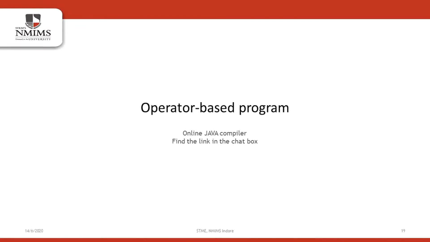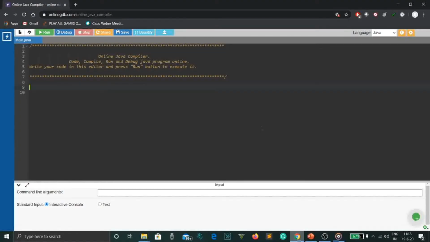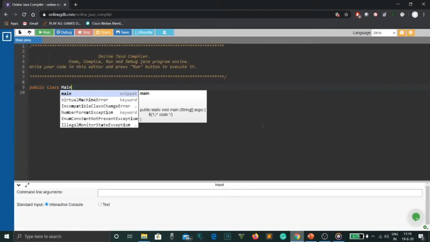So let's get started. We go on to the online compiler. We remove whatever the basic code is written and we start writing our own program. We start by writing public class Main. We name our class Main. As you can see here, the program is going to be saved as Main.java, so we save our class name also as Main with a capital M. We start the scope. Then we write public static void main. As I told you before, public static void main is the entry point of the program. Then we write String args.